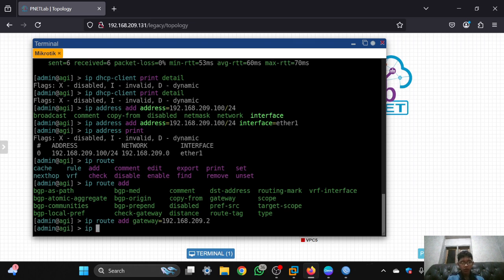And you can check it with IP route and print.